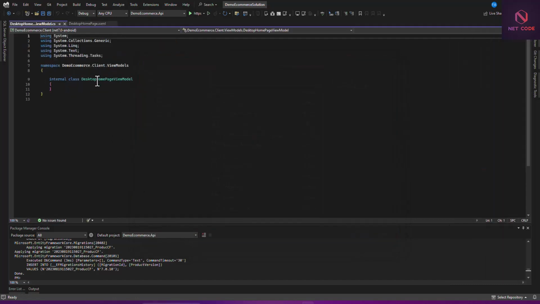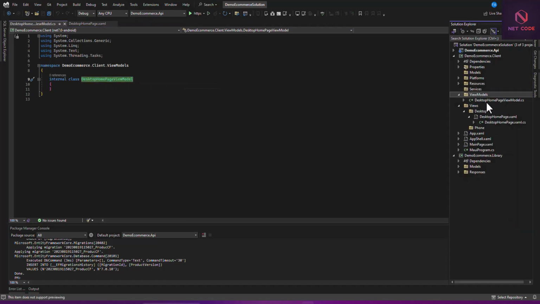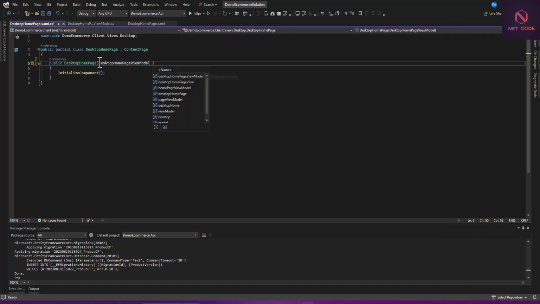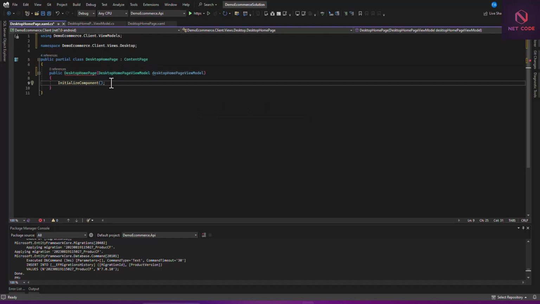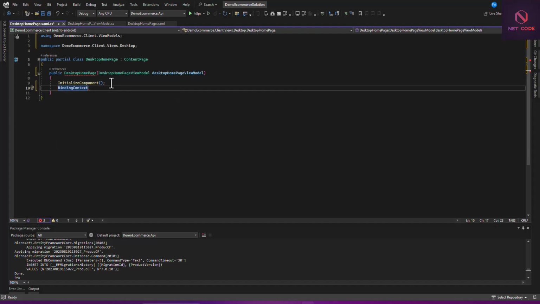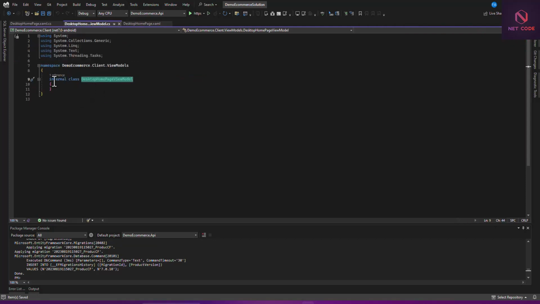So we have this. Let's connect this to the view that has been created, and that is the view XAML. So here, let's inject this. And now let's bind the context, Control period. Let's include these views. And now here, let's bind the context. So BindingContext, we set this equal to this view model. Okay. Now within this DesktopHomePageViewModel, let's set this to public